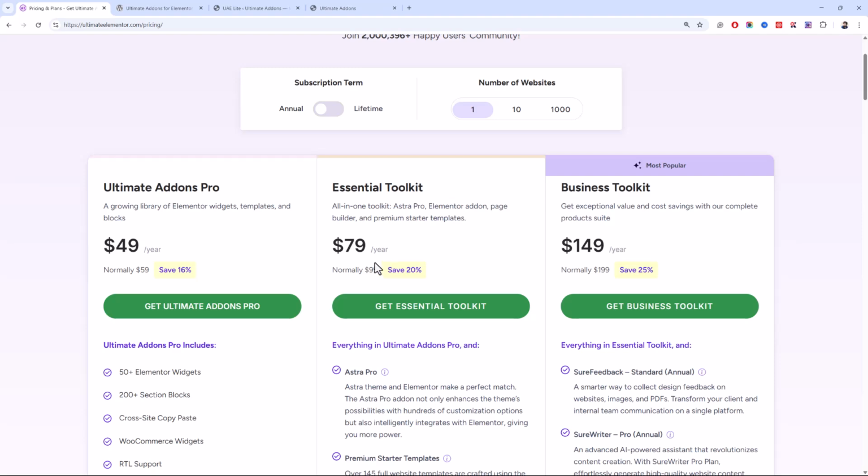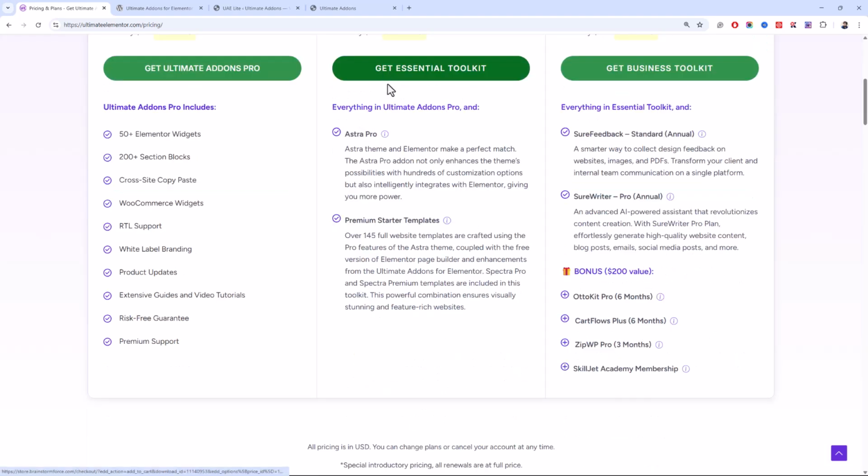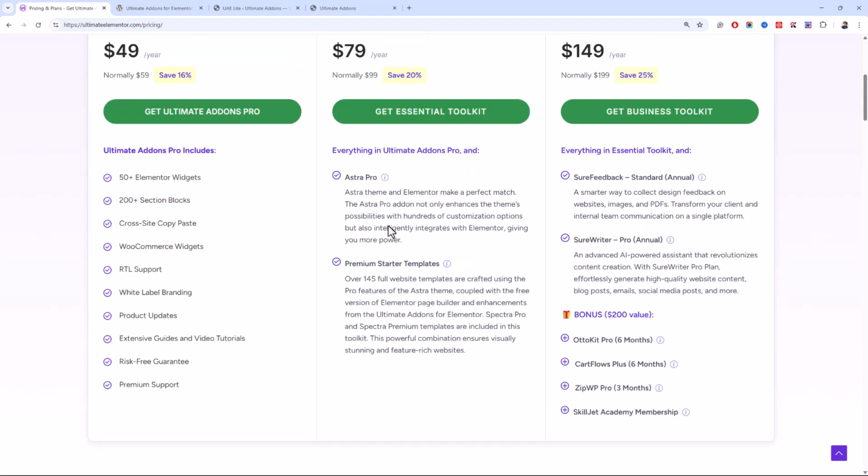But paying yearly is not that expensive, and the benefit you get with this essential toolkit is that you will get premium starter templates plugin that comes with 140 plus pre-built websites, and there are hundreds of sections and blocks that you can use on your website.